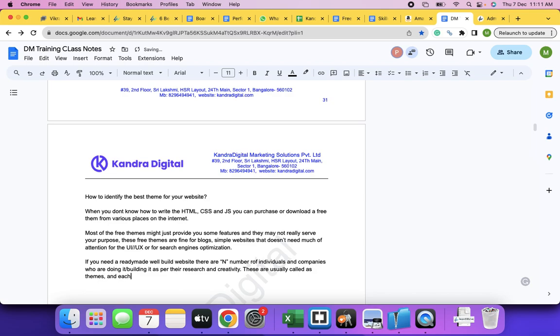Okay, and each theme will have different kinds of functions or features incorporated in them, right? Hence it's very important for you to understand the one that has most of the features that are needed for your website. Okay,